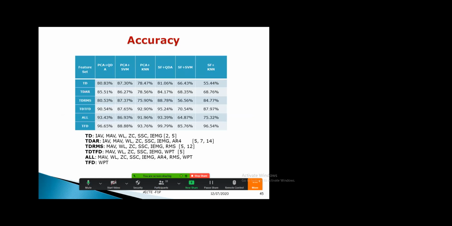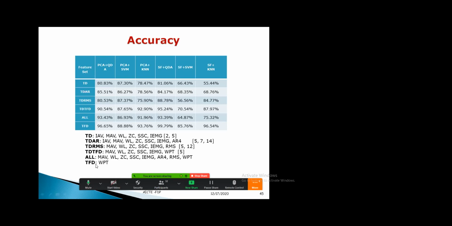So if we compare all our results now, as you can see, the signal is definitely non-stationary. So our time domain features really don't give very good information and are not able to classify very properly. The auto-regressive features that we used were also not up to the mark that we were looking for, because we want something above 95%, since later we can do some more work, some post processing, and make sure that the person gets the accurate finger movement or hand movement.